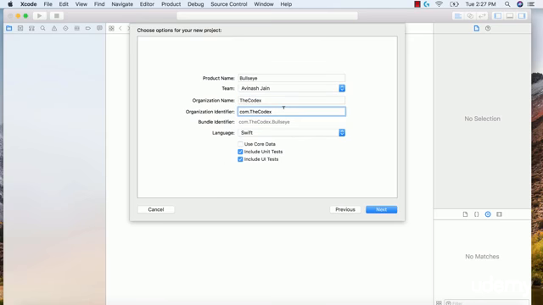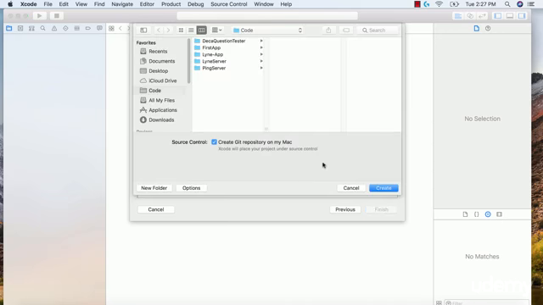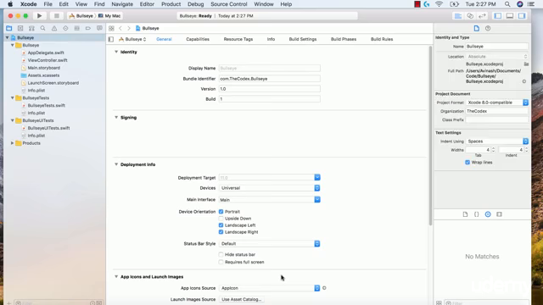And then your identifier is going to be your website URL. So if it's maybe thecodex.com, maybe it's programmingforlife.com, whatever your URL is. If you don't have one, just say com dot and then your first name. So it's basically your URL flipped. Then your language should be Swift, and then go ahead and ignore the last part over here and hit next. Now it's going to ask you, where do you want to save this? So I'm going to go ahead and save it in my code directory, hit create,